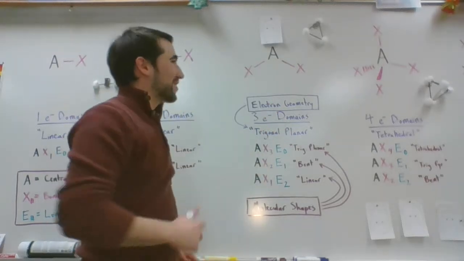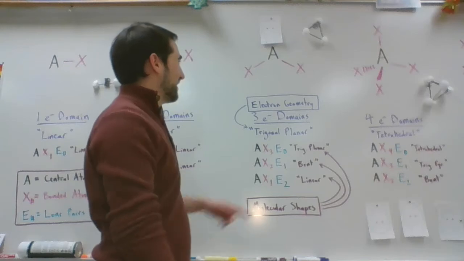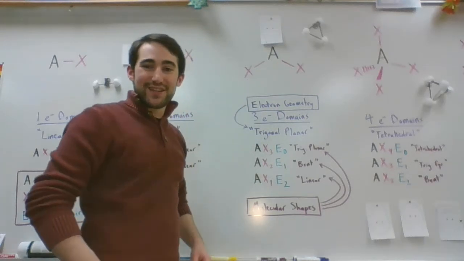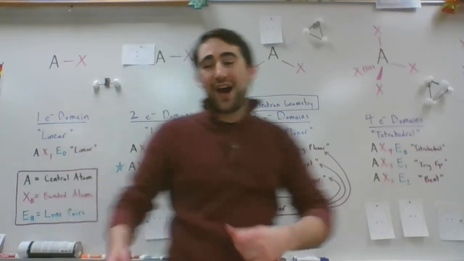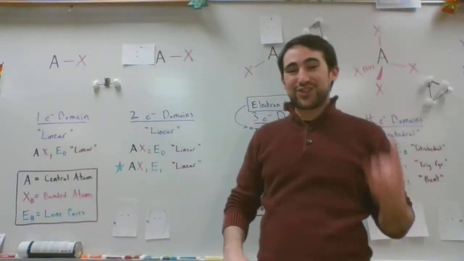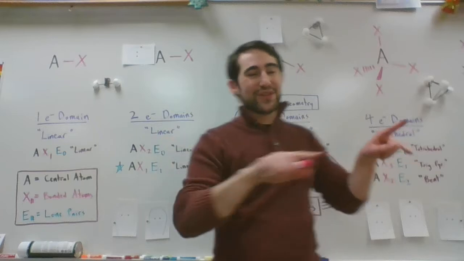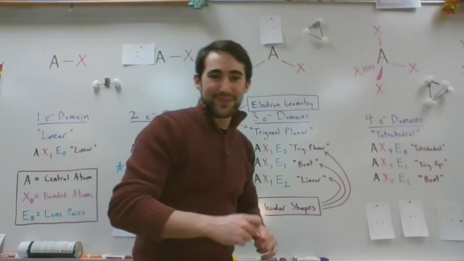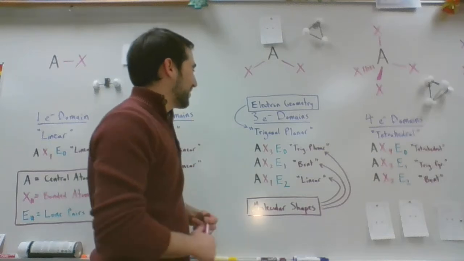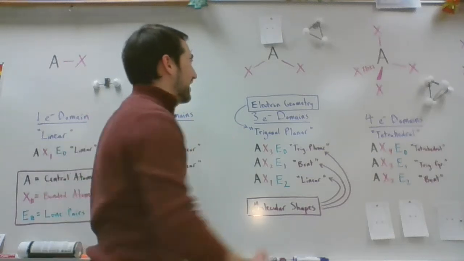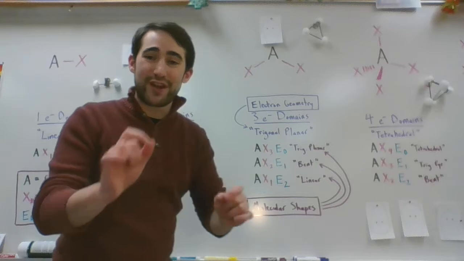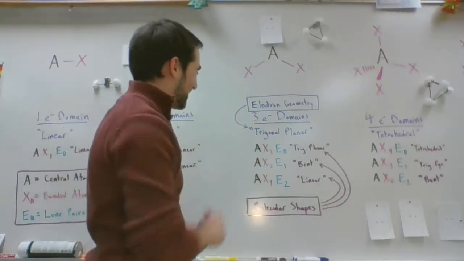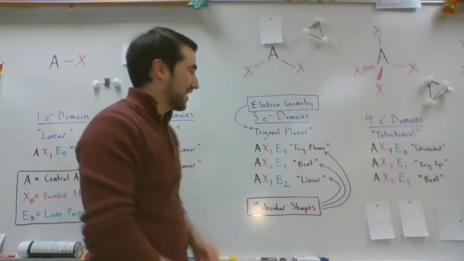Now, if you saw the formula for this chemical, it would just be one central atom and 2 atoms bonded to it. So you may be swayed at first to say, well, that's going to be linear because there's just 2 atoms, they're going to be in a straight line. But this lone pair of electrons makes a big difference. It's another electron domain. So we still end up with a total of 3 electron domains. The electron geometry for this is still trigonal planar. But the shape of the molecule itself is what we now change. We now call that bent, and our AX code matches it,